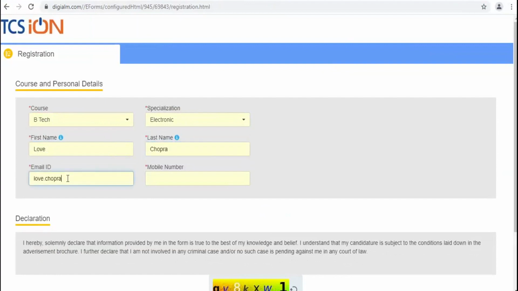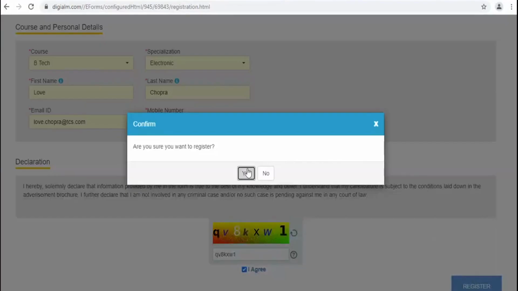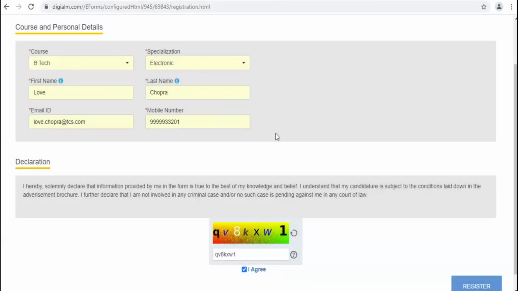So once an applicant fills up their basic details, including their mobile number and their email ID, they would have to enter the captcha over here, click on agree and register themselves. Once they register themselves, they will be receiving an email. On their email ID, they will be receiving their unique login credentials to proceed further and fill up the application